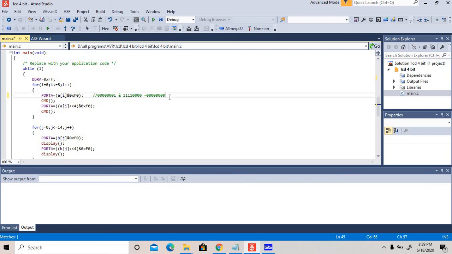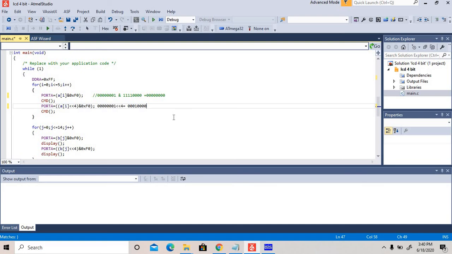In that case, the first 4-bit will go, after that the command. First your bits are shifted 4 times, means your bits are this one 1 2 3 4 5 6 7 8. This will be shifted 4 times, means 0 0 0 1 0 0 0, this thing.